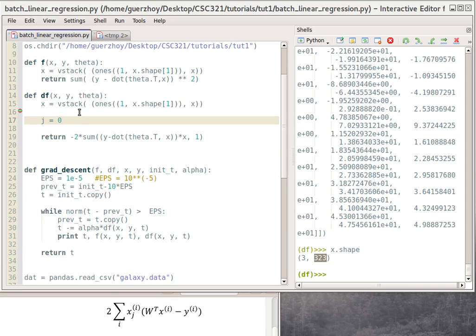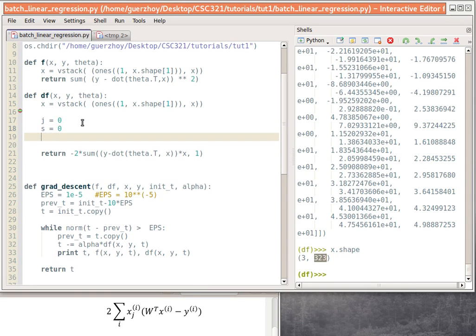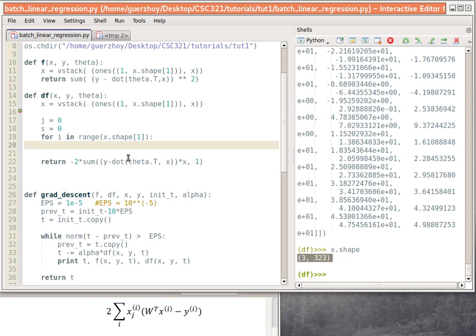So how do you compute the sum? Well, we'll define an accumulator variable s, set it to 0, and now we'll just go over all the i's. So I'll say for i in range. Now what should the range be? Well, the range should be the number of test cases, which is x.shape at 1. And what I'll do now is accumulate this expression. So it's going to be s plus equals